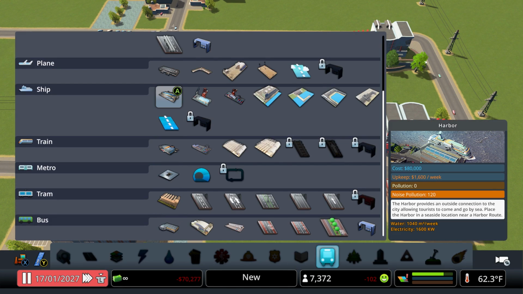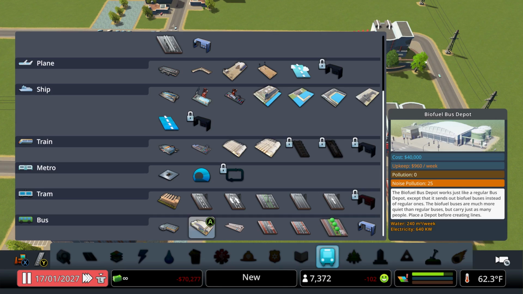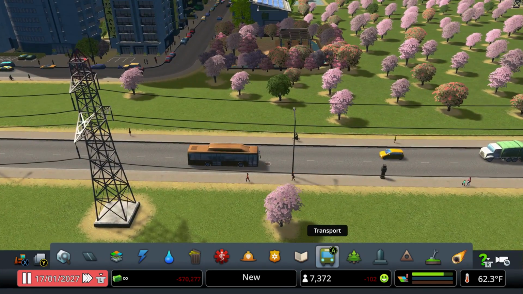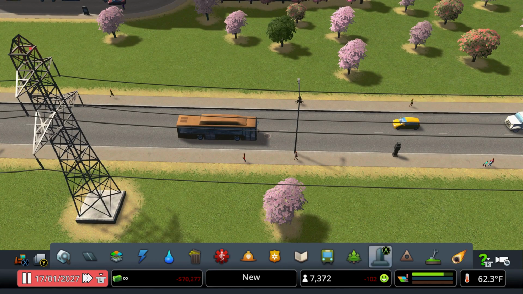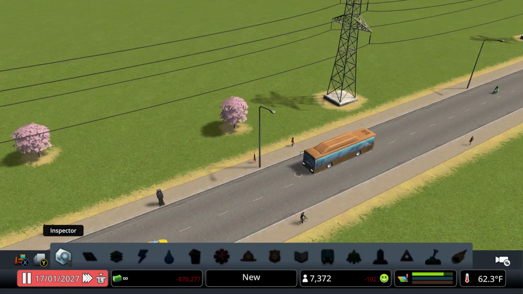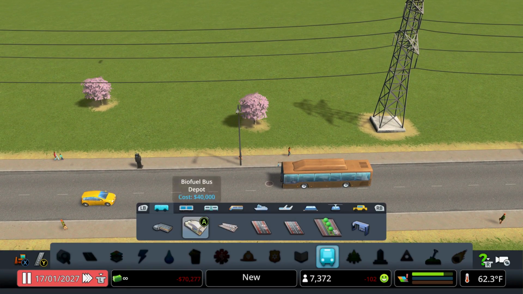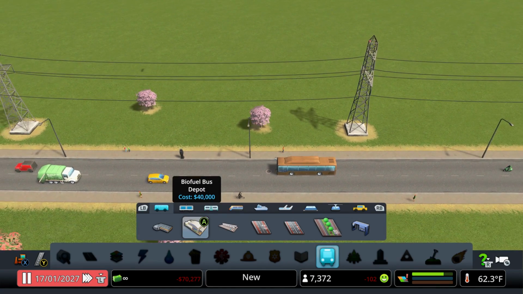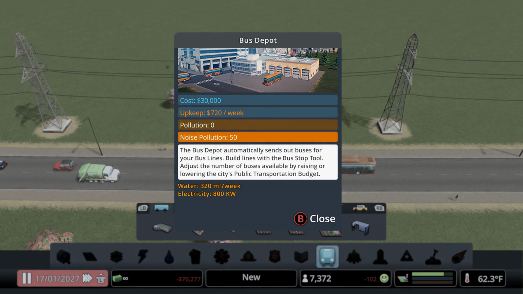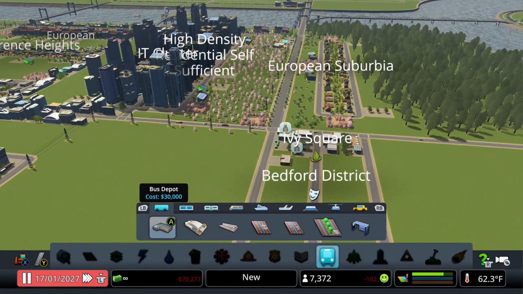In the transportation department, the only thing that we got new is right here, the Biofuel Bus Depot. We can check out the buses. I have a couple of bus stops here. Let's see, where you at, guy? Is this it? I believe it is because of the thingy on top. Yep, Biofuel Bus. So you can change the colors of these naturally as well, but a different looking bus. The purpose of this is to use biofuel or like propane or whatever, as opposed to regular gas. So pollution zero, noise pollution 25, less half less than the regular bus depot. And nothing else is new